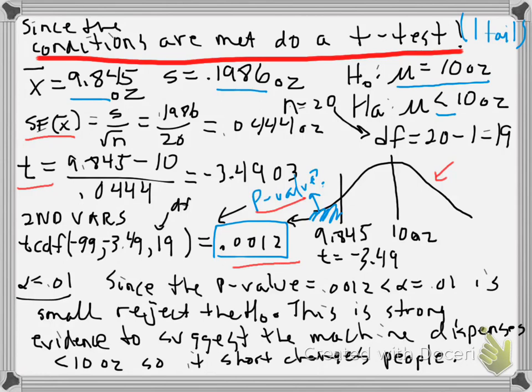Okay, so I've done that. Now I'm going to go fast. You can do this. It was done by hand here. If you go to the next screen, I'm just going to quickly walk through the instructions. If you were to do this on the calculator, you've got to put all the data into L1. And after that, you can go to Stat, Test, and do a t-test. And what you're going to do is, when you do that, it's going to ask you